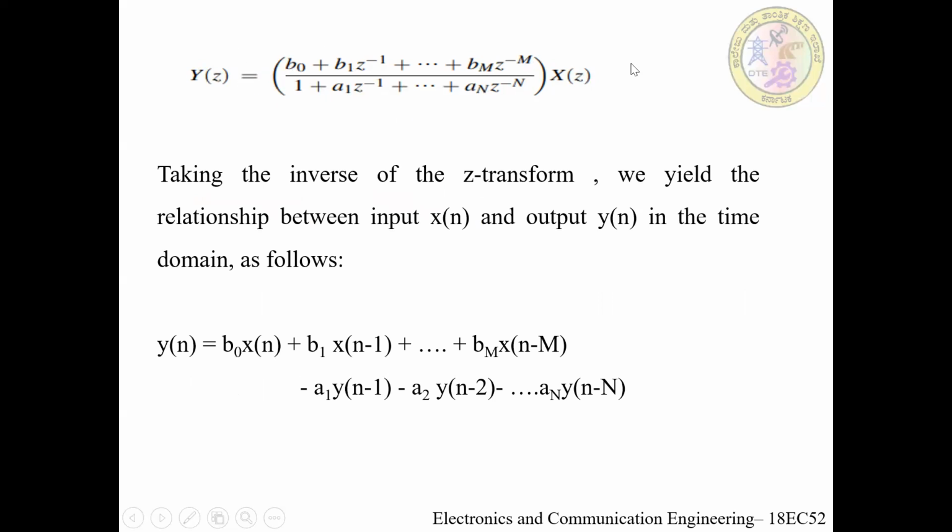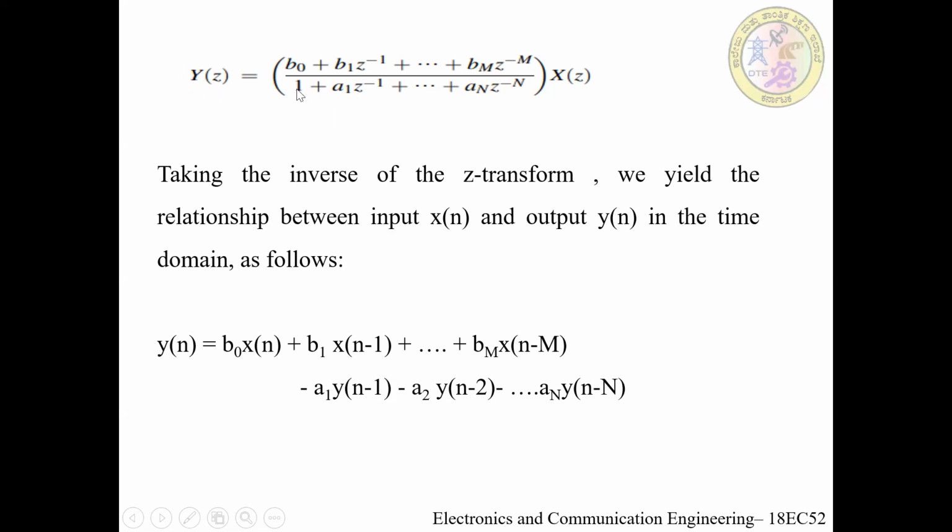And if we take inverse Z transforms on this, what do we obtain? We obtain the relationship between the input and the output of that LTI system. This LTI system, whatever you are considering here, is an IIR filter. So if we solve for this particular Y(z), that is, if we take inverse Z transforms, we obtain